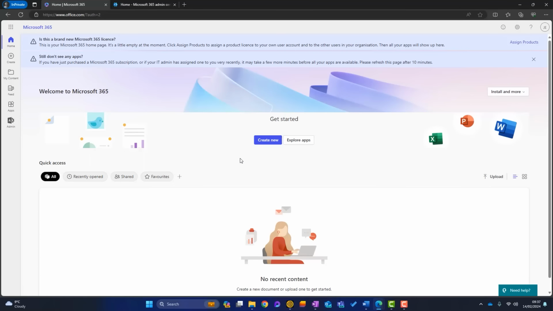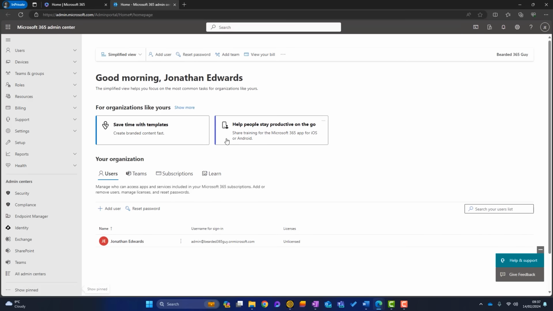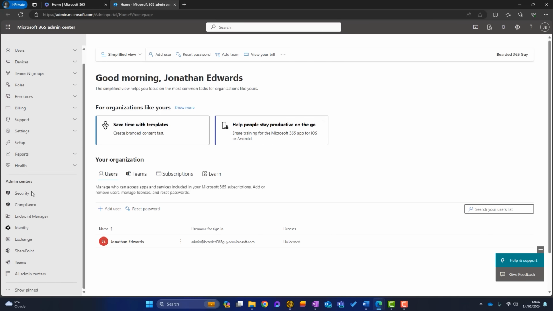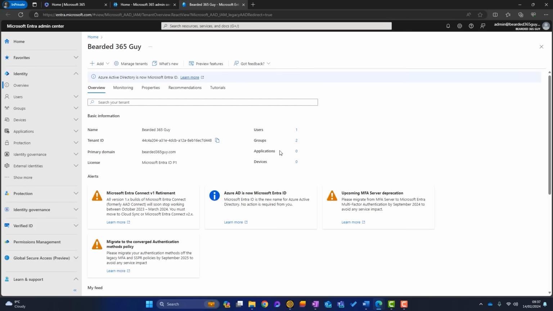Okay, to turn off security defaults, you need to log into the Microsoft 365 portal as admin. You can see I've got admin access here. So when I launch that portal, something like this will launch. And what we want to do is go down to the admin centers and click on identity, okay? Once that launches, it should launch to identity overview.